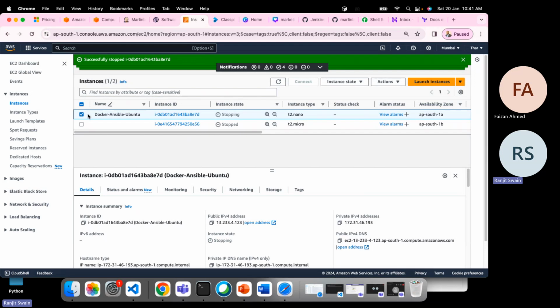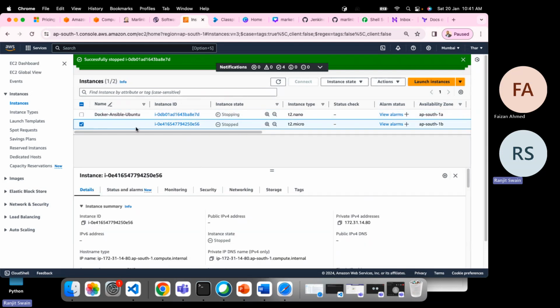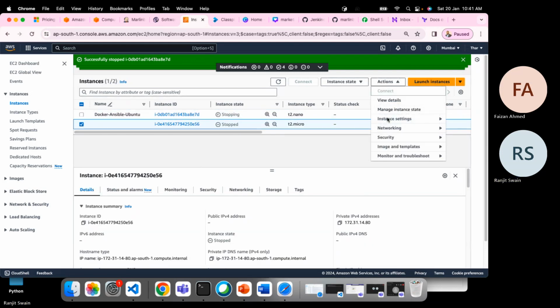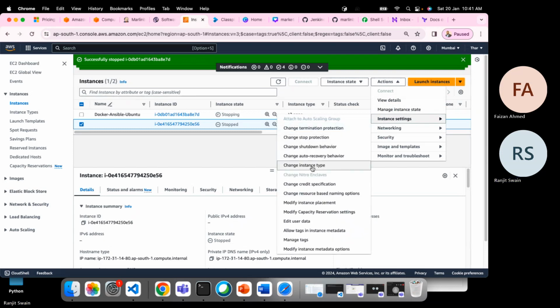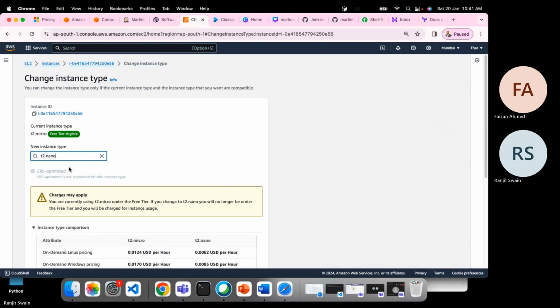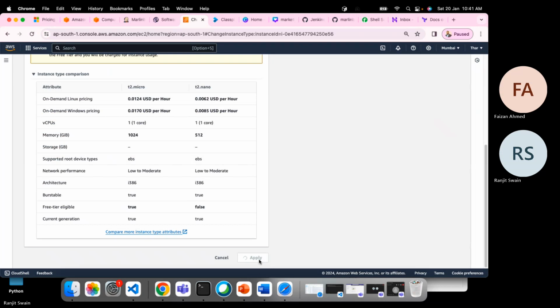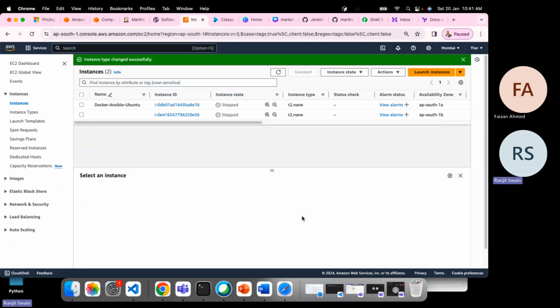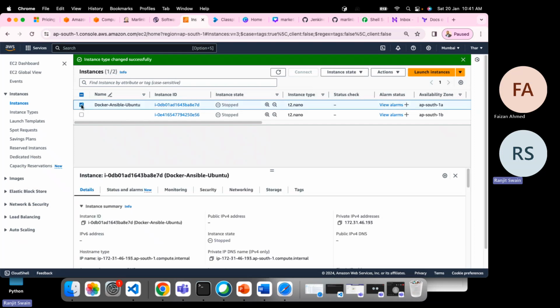Just wait. Okay, it is stopped now. So we have to change this one, right? Action, instance settings, change instance type, T2. Change it. Now my current state is T2 nano, right? So let me change this one to